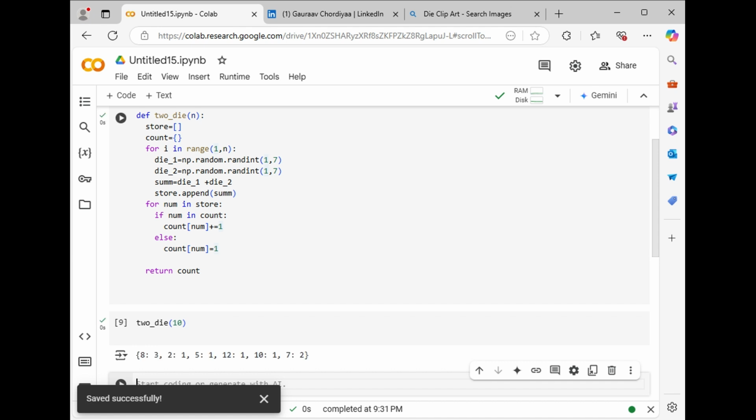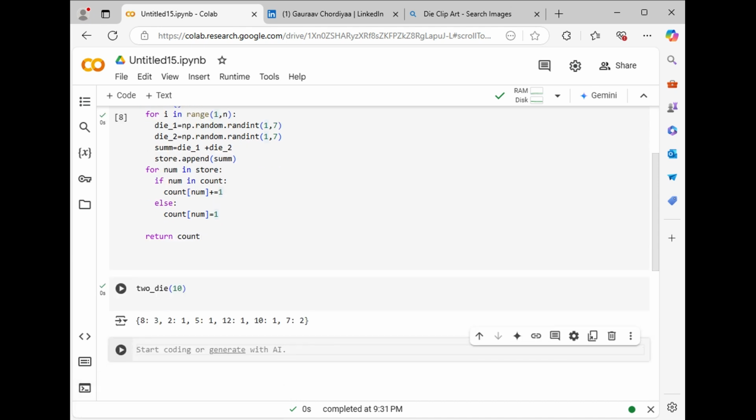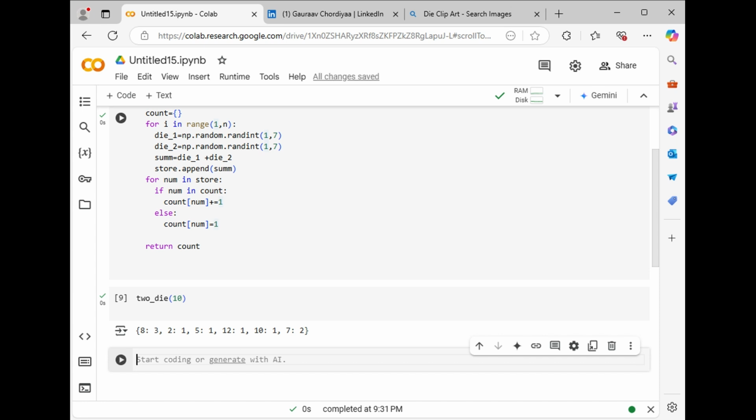Now we'll run again, we'll do the same. So you can see 8 comes 3 times, the frequency of 8 coming as a dice sum is 3 times, 2 as 1 time, 5 as 1 time, 12 as 1 time, 10 as 1 time, 7 as 2 times. So this is the frequency of it. Okay, now what we need to do is create a bar chart to show the